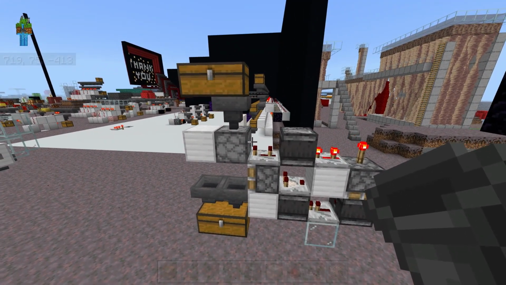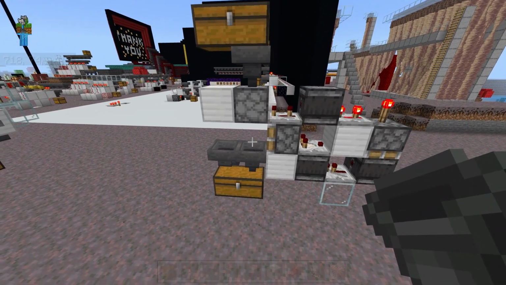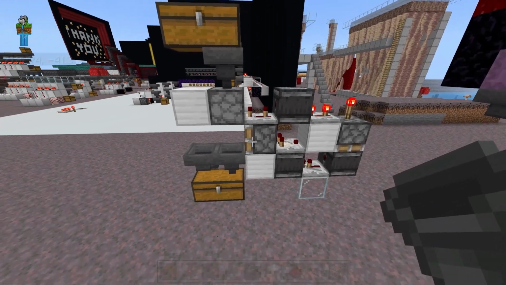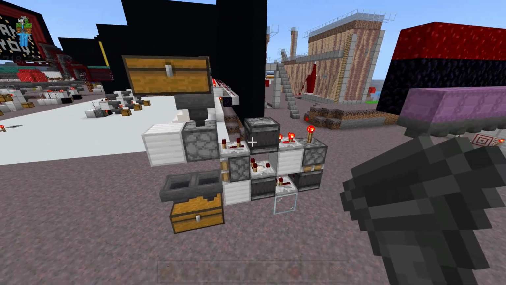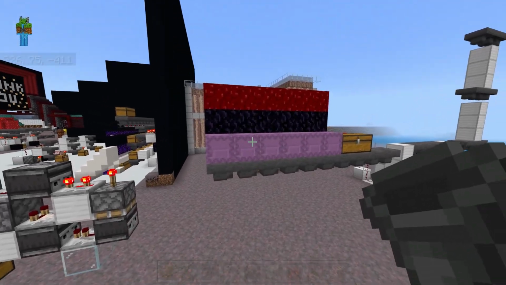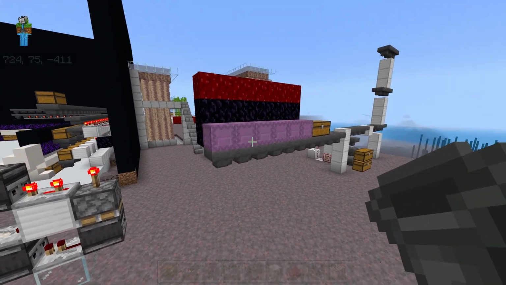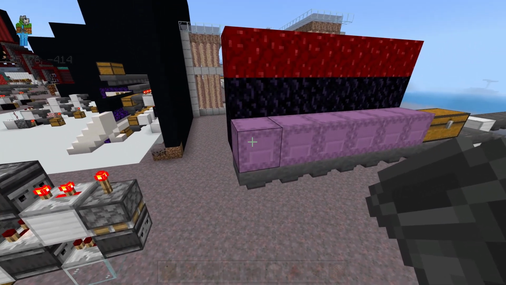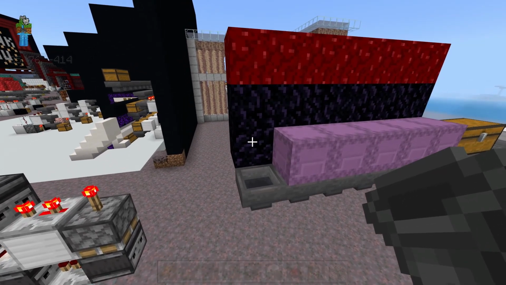Now you could also build a shulker unloader, which is what you see here. This could be your input so that you could just throw all of your shulker boxes into a chest and then tell it to unload all of the items out of there and go into your item sorter. Now you can accomplish the same thing just by using hoppers. The shulker unloader can process more shulker boxes, but what I usually do is just build a wall out of obsidian or nether wart, something that's hard to mine with your pickaxe so I don't accidentally break the wall when I break out the shulker boxes.